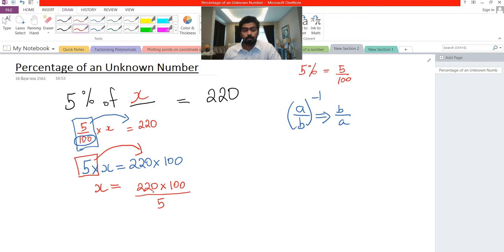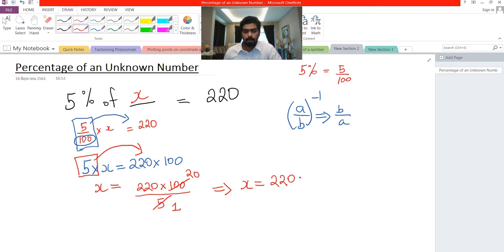Okay guys, whichever way we want. So let us say we are going to simplify 5 and 100. 5 will change to 1 and 100 will change to 20. Okay guys, because 5 multiplied by 1 is 5 and 5 multiplied by 20 is 100. So now what do we have? We're almost done here. So we got now x is equal to